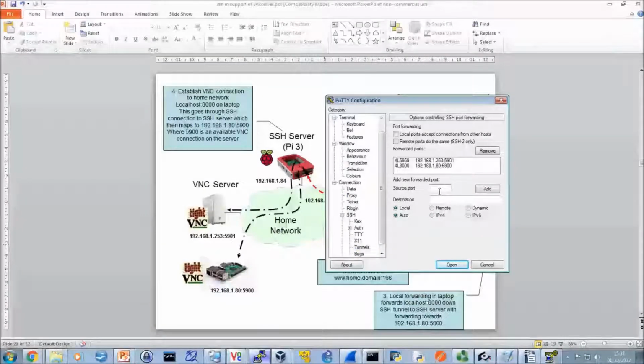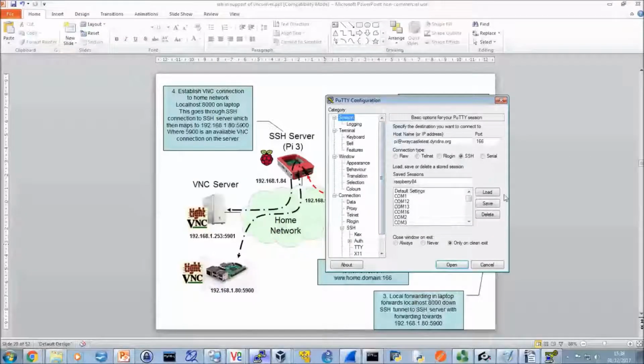Now what if I wanted to redirect to myself? Well, let's put a port together, 1111, that'll do, and the destination is going to be localhost. Not the localhost at this end, but the localhost at the other end of the tunnel, which of course will be the SSH server. So where do I want to go? I want to go to 5900 because that's the VNC port on that end. IPv4 or whatever as it is. So if we add that, assuming all is good and dandy, and remember to save that as a complete session